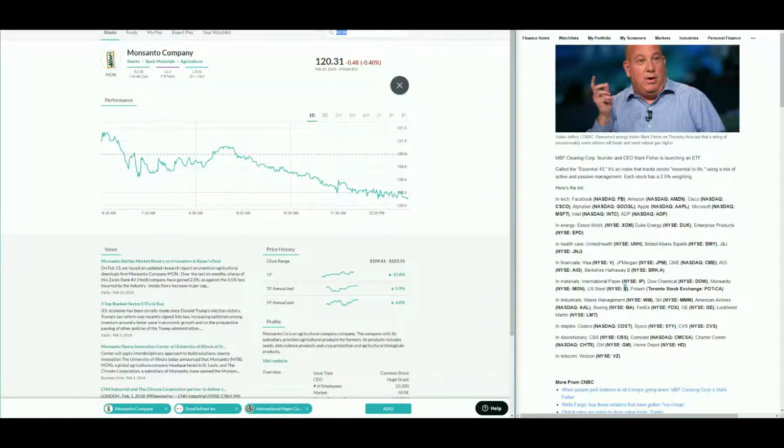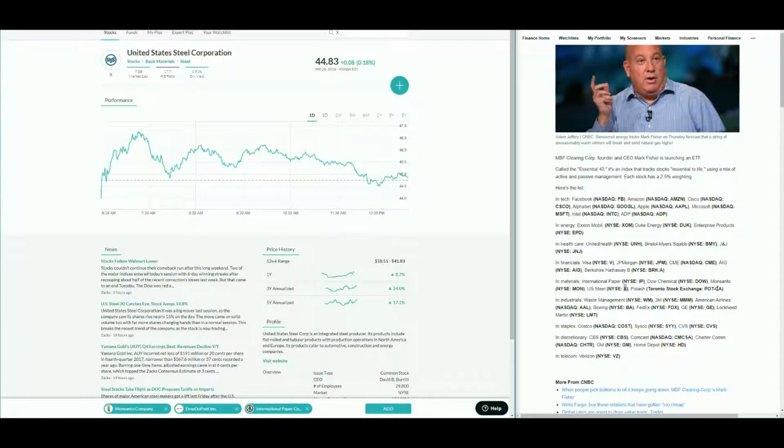X. I've never heard of X. That's US Steel. And then Potash. I don't believe we can add Canadian stocks in here, but we can definitely try. Let's go ahead and hit Potash. That's Intrepid Potash Inc. I don't believe that's the correct one, so I'm going to go ahead and leave this one out. And what would be a good material stock? I can't think of one off the top of my head, so I'm going to just continue